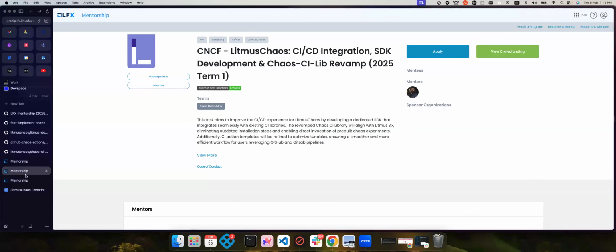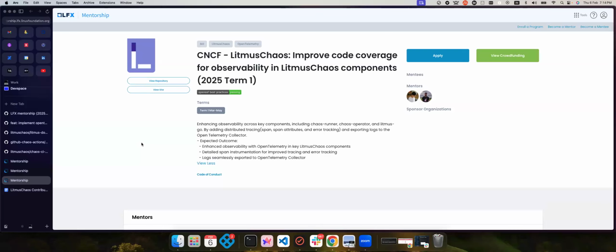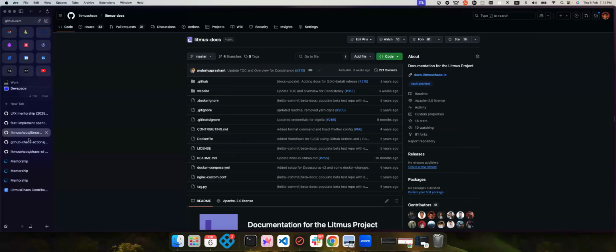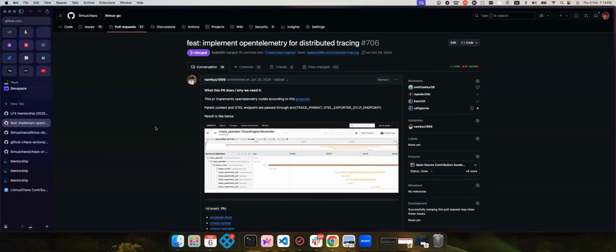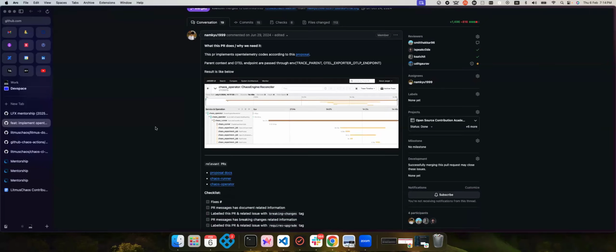And lastly, we want to talk about the observability one. If I go back to the pull request where we implemented it, we recently implemented OpenTelemetry for distributed tracing. Right now it's already instrumented as part of our flow, and we use it in Chaos Runner and Chaos Operator. But it needs more work because we still have a lot of sub repos, or sub components rather, of Litmus where we would want to integrate telemetry and take out the data.